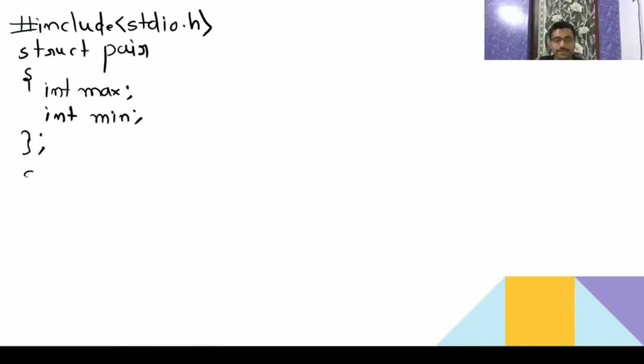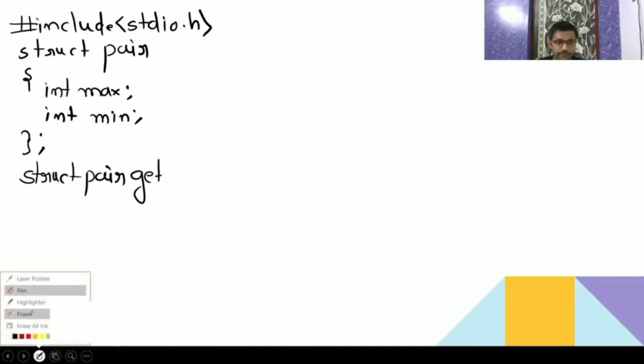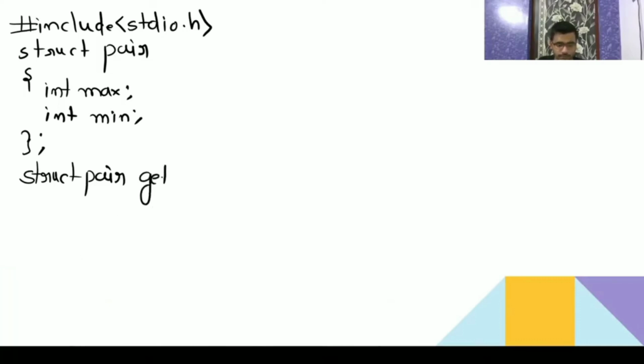Since the function is going to return a structure type, the return type is struct pair. The name of the function is getMinMax, with an int array.